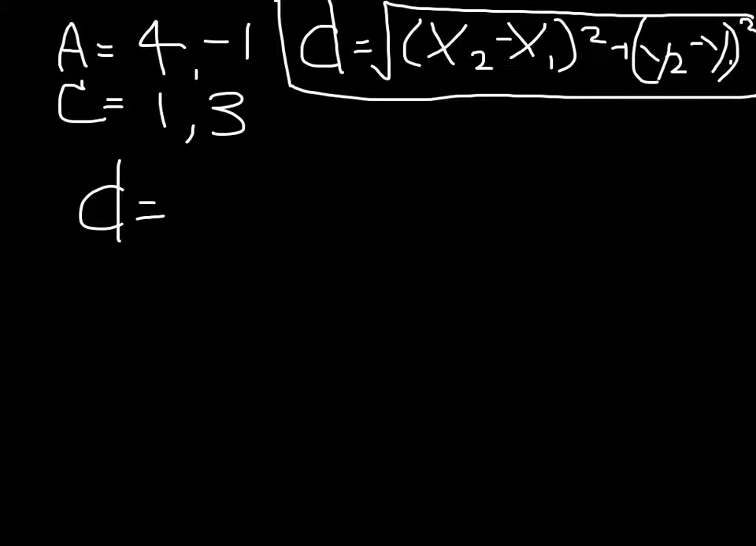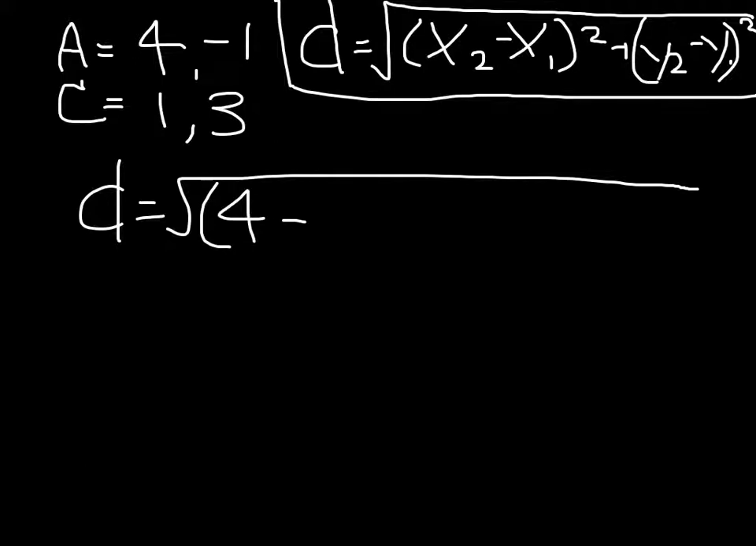So distance equals the square root of, and the x2 in this case would be 4, minus the x1 which would be 1, squared, plus the y2 in this case would be negative 1, and the y1 in this case would be 3,